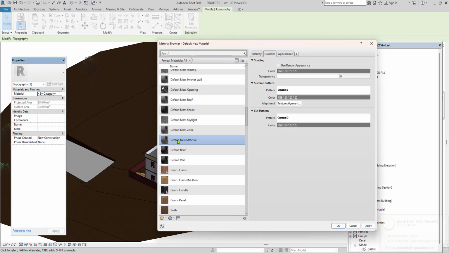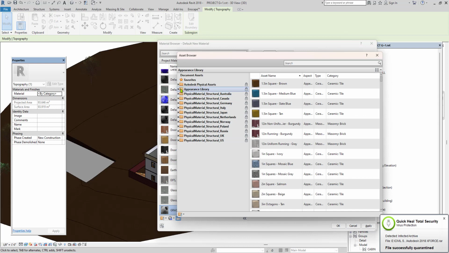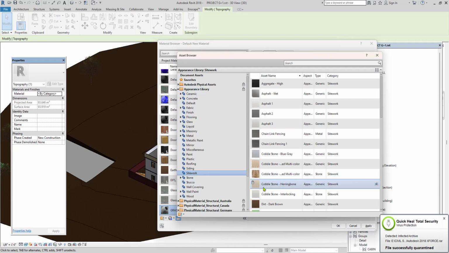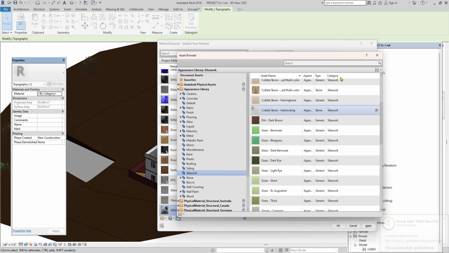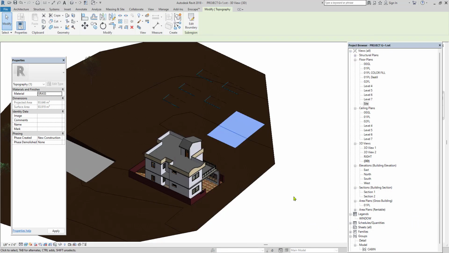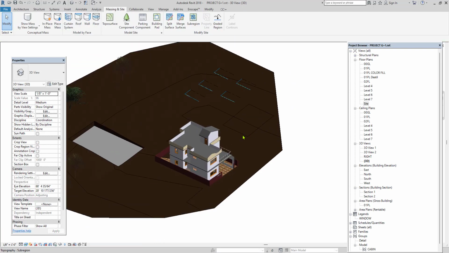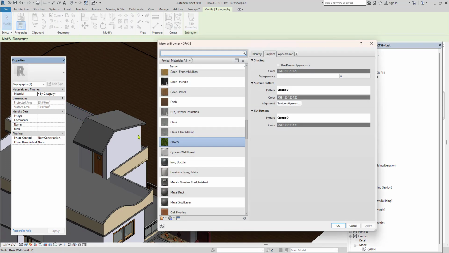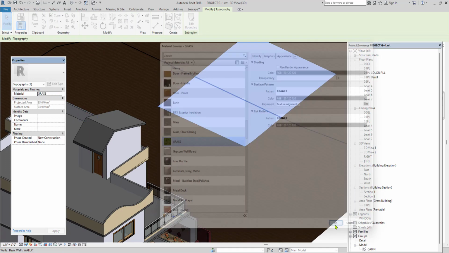Create a new one, rename it as grass or anything. In the appearance library, in the site work, we have grass. Apply that. So like this way you can develop the area. Apply that again and okay.